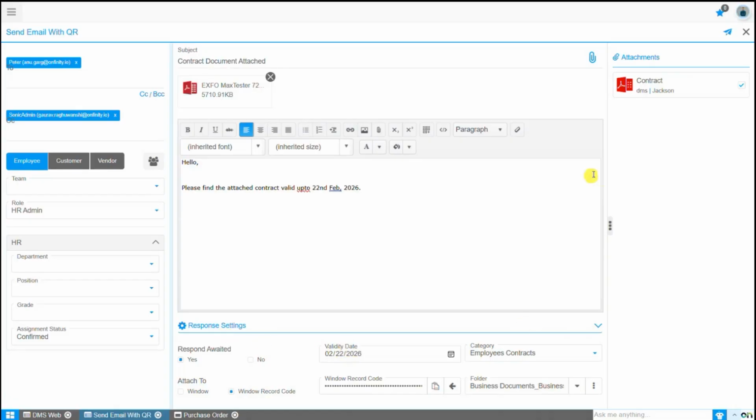move on to discuss the right section of the form. In the right section of the form, the documents to be sent to recipients are displayed based on the selected options. By default, the contract document is visible because the Send Email with QR code form was opened using this